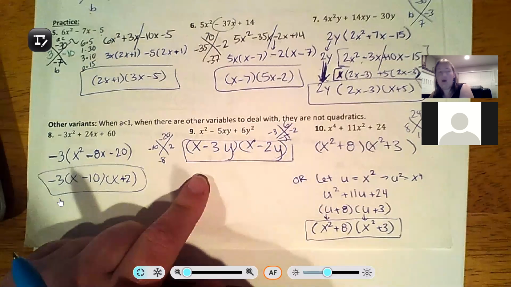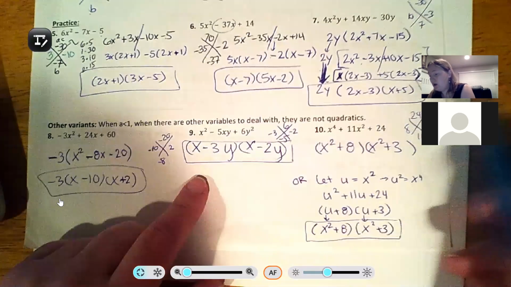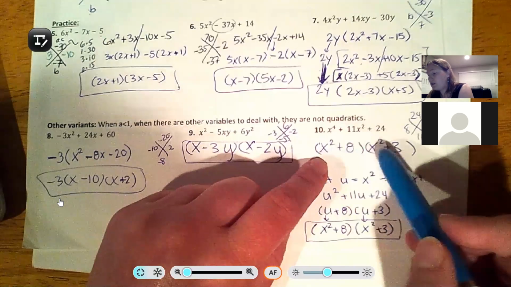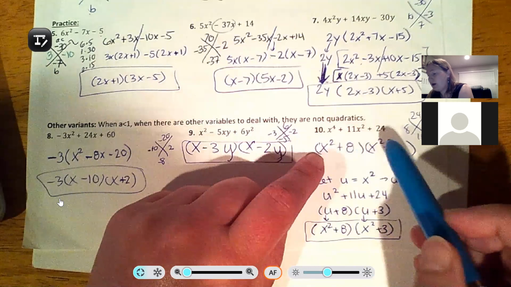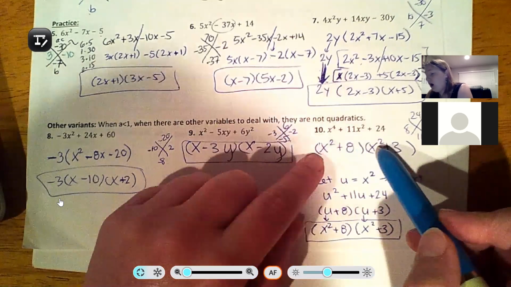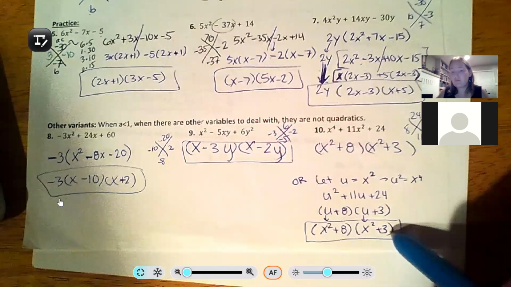And then last but not least, if it's not squared, starting, you know, x to the 4th, it might work out where it's split up x squared and x squared. Technically it could be x to the 3rd and x, and so there's this u substitution we'll learn later on that